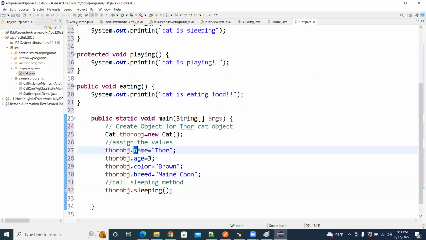So how to call non-static variables, how to call non-static methods, we are well aware of this one. But again, I'm repeating that. So next, for example, you want to print these values. You can print all these values if you want. Suppose I want to print